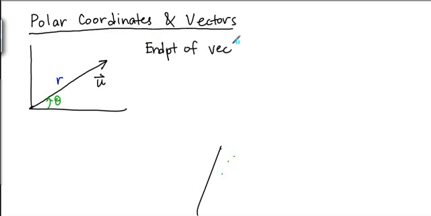So the endpoint of vector u has polar coordinates